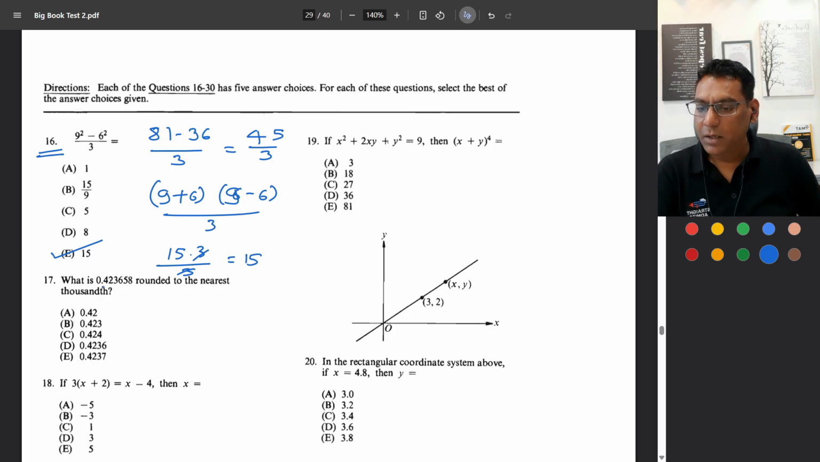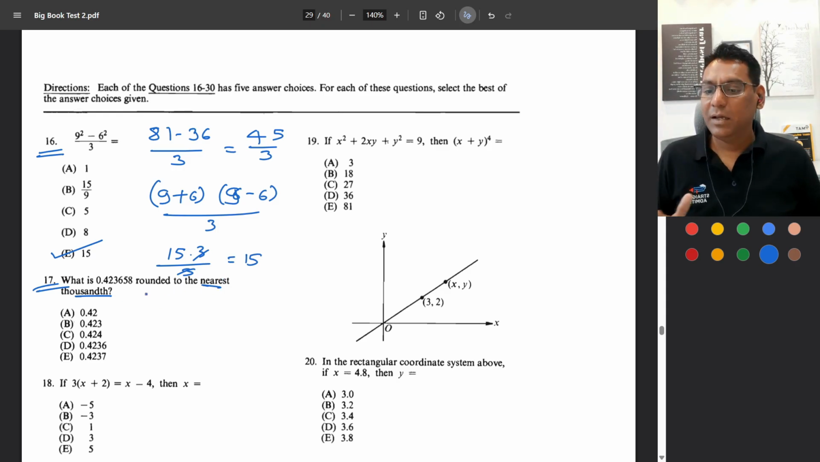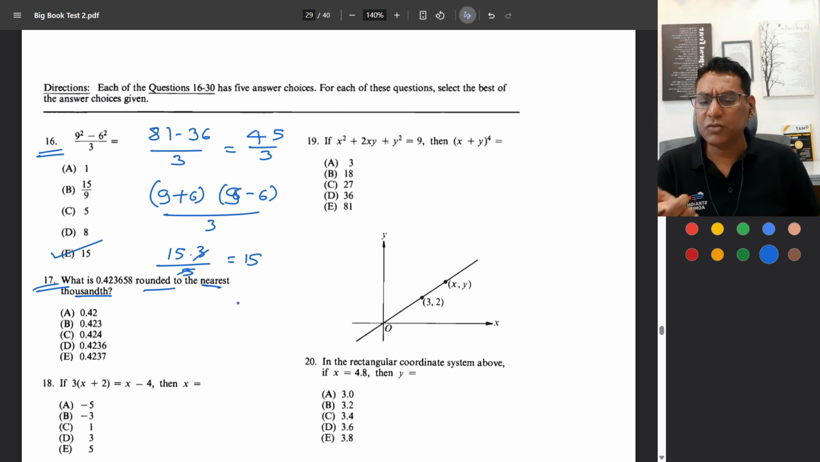Okay, what is question 17? What is 0.423658 rounded to the nearest thousandth? Okay, so let's first understand the nearest thousandth thing. How do you round it off? We have done one similar question in I think the first test, first section, right? Okay, so basically what we do is when we have to round off,